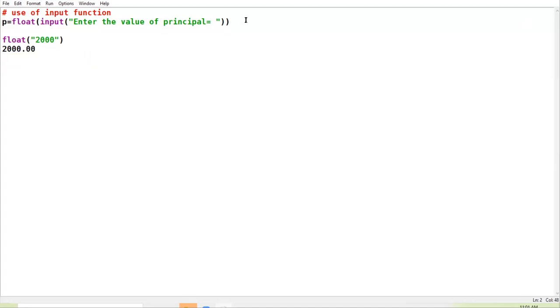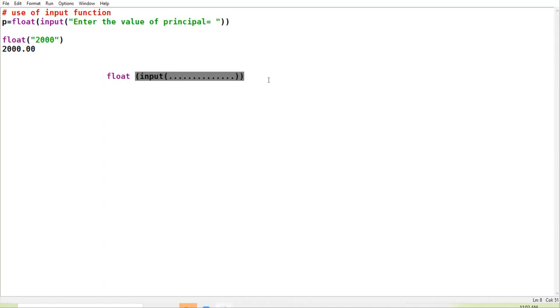So this is how you can input a variable and you can convert the variable to float type by input function, then enclosing the input function inside the float function. What have we done? Simple thing, first put the message in the input function, which is the message to be sent to the user, the value gets inputted. Now this complete input function you have to enclose in another function. Okay? The complete input function is enclosed inside the float function.